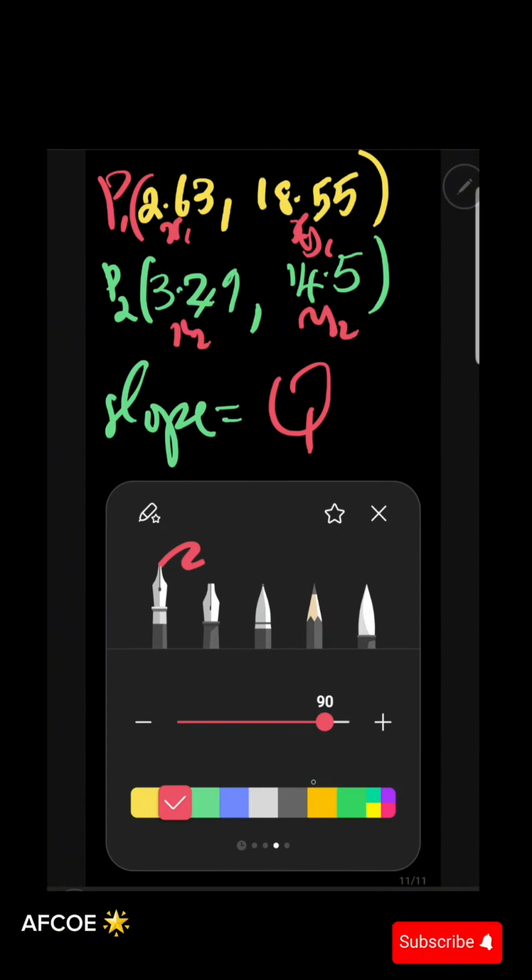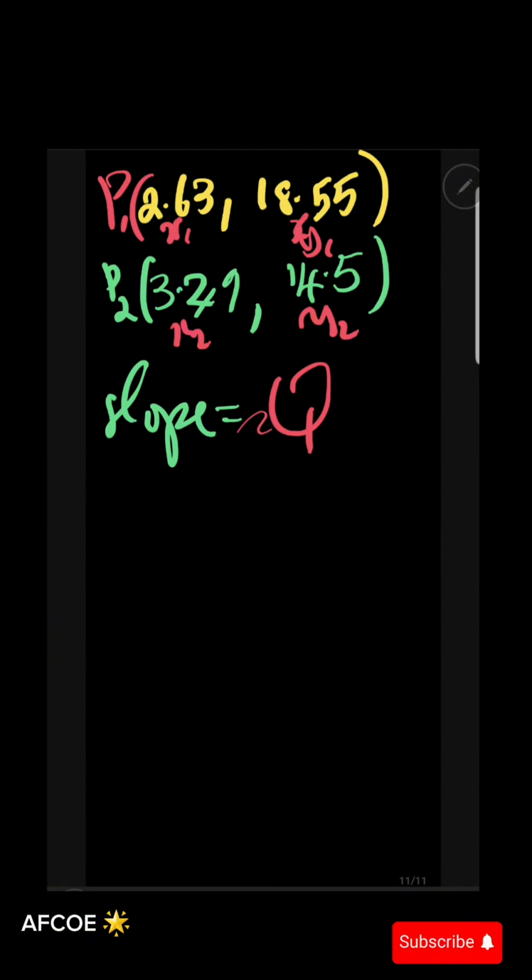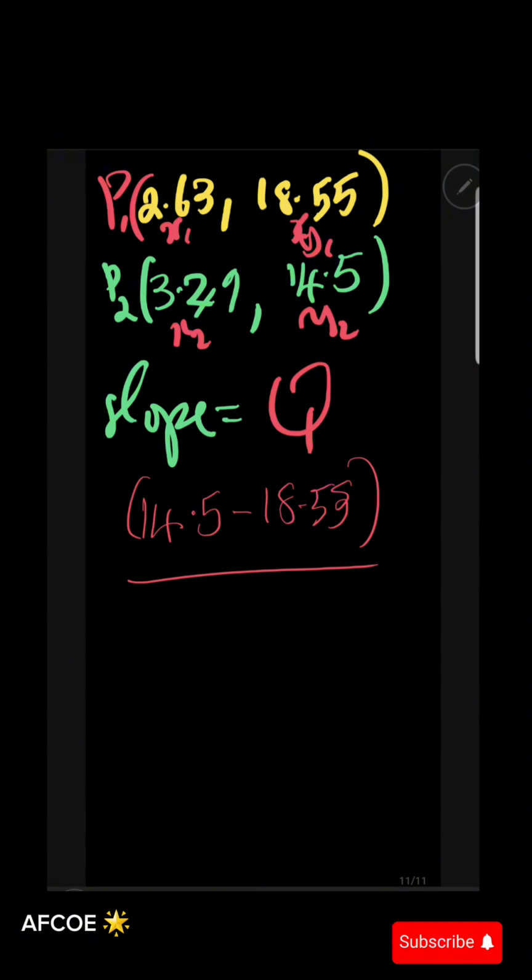Now we know that our slope has to be change in y over change in x. That is our y. So I'll just take this point to be 0.2 minus. So we're having 14.5 minus 18.55. It has no unit. I divide by the next one down. It will be 3.49. Since I started with this, it's only this x2 again minus x1. 3.49 minus 2.63. But this one has unit, and it also has that 10 times 10 to the negative 3. Remember, we shrink it to make it look good per Kelvin. That is the unit. So now we just simplify all of this, and I obtained